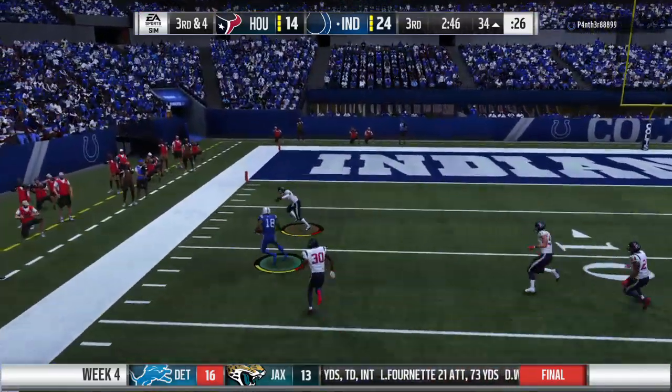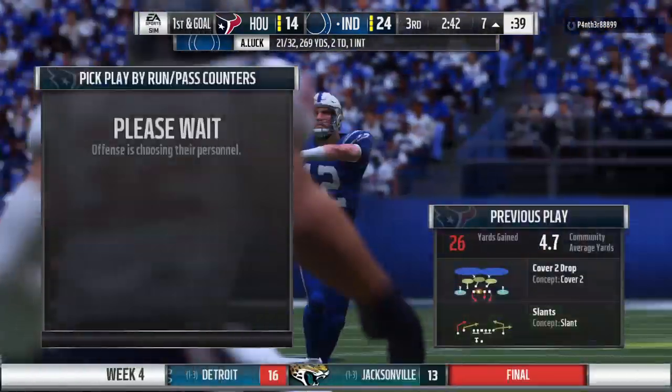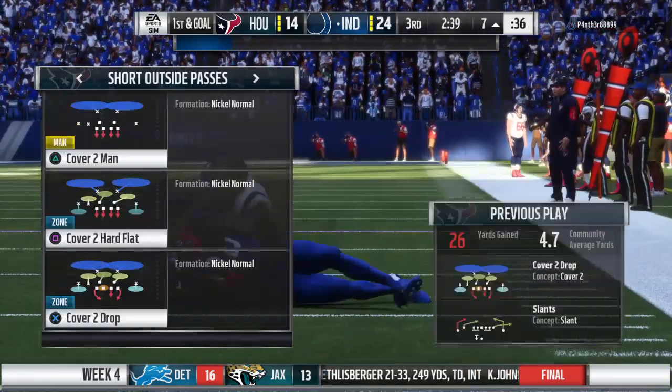Buying time to his left. They got a man. It's Woods. And finally, down he goes as they work it inside the 10 to the 7. They're able to convert on 3rd down, and that's